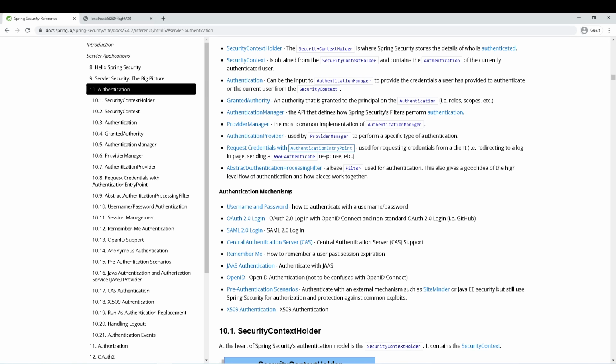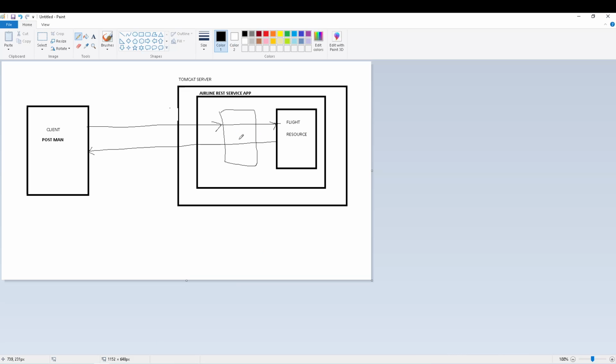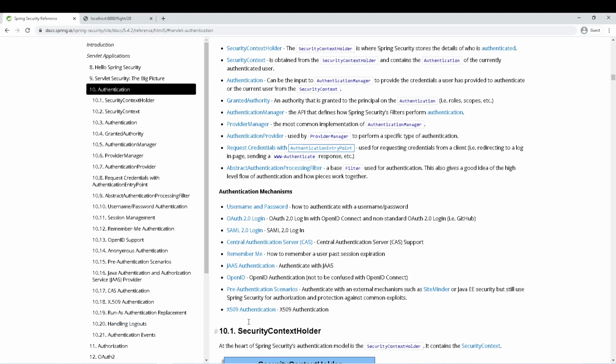It is just in your logic here that you're going to do the custom configuration. That is where you're going to change a little depending on the authentication mechanism that you're going to use, right? Hope you understand that. But as I said, in our course we are going to use username and password authentication